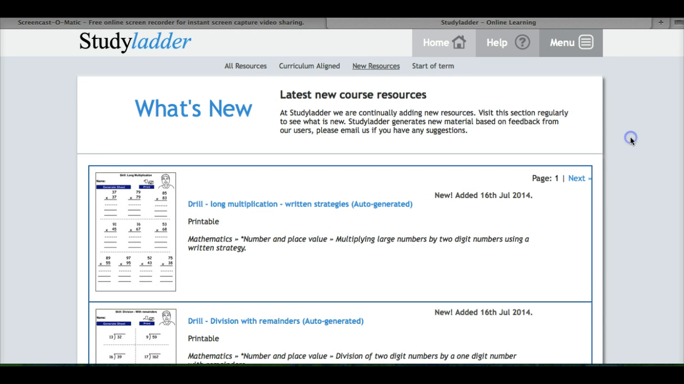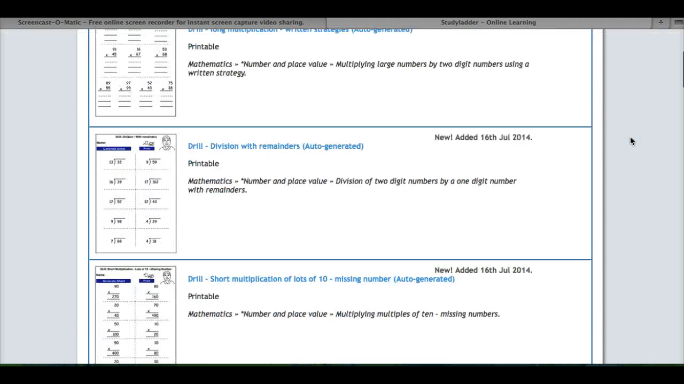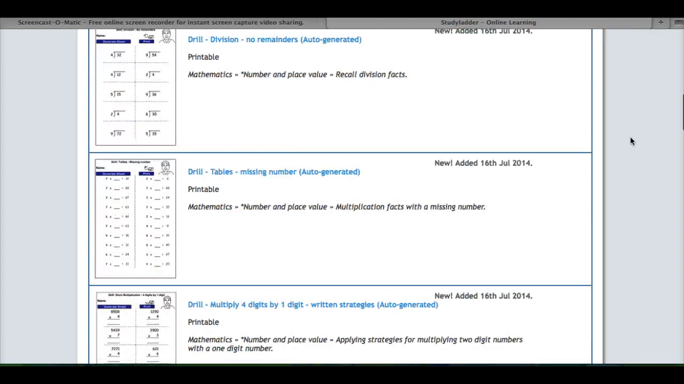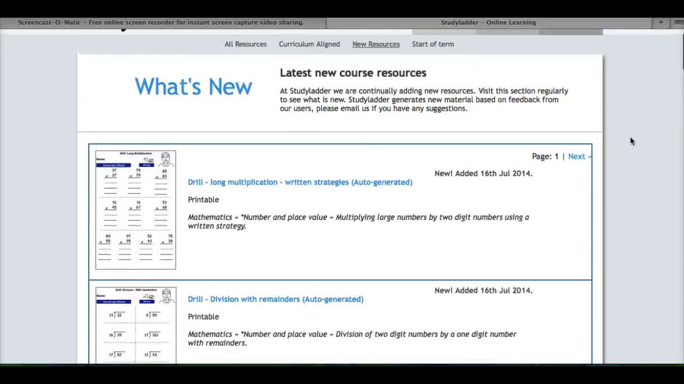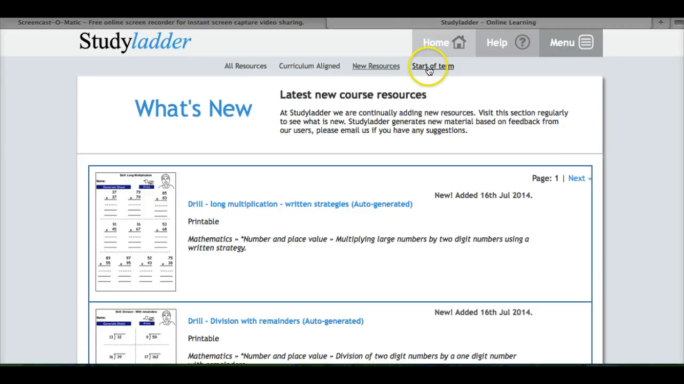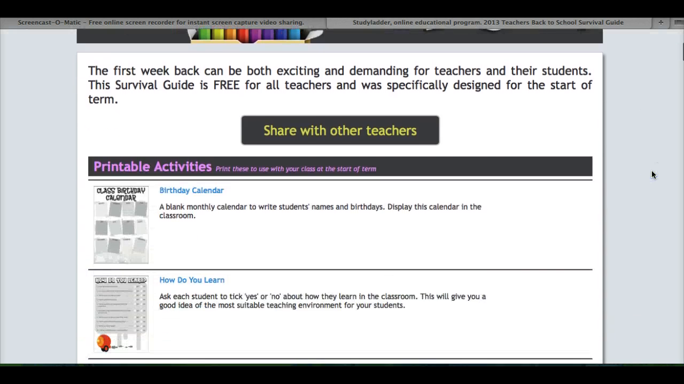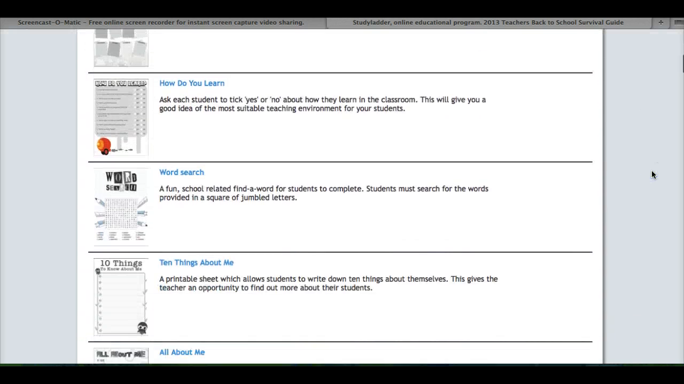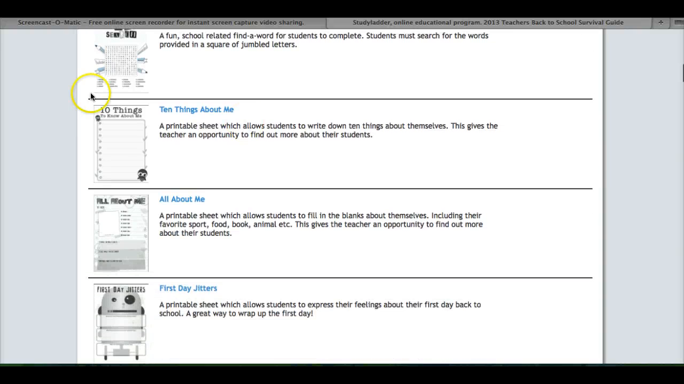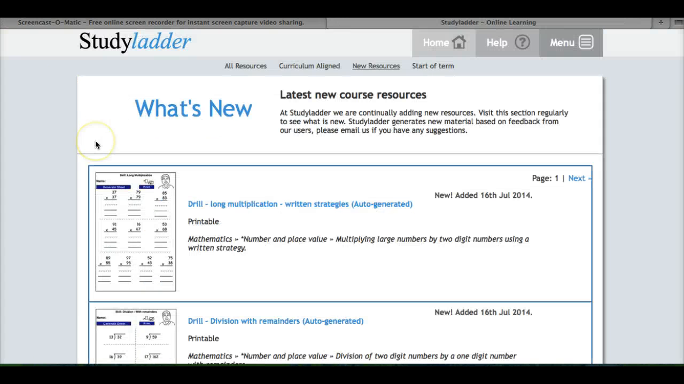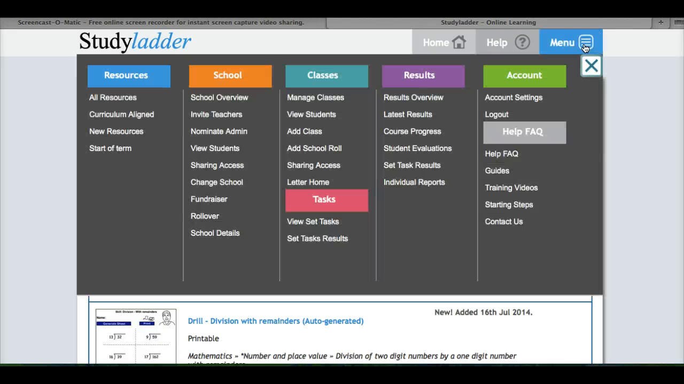Here's a list of new resources that's on Study Ladder. So you can choose from a variety of new resources. And lastly, the start of the term or the start of the year. So here are some back-to-school resources that teachers can use and share with other teachers, printable activities to start off the year. I'm going to go back to the menu page,